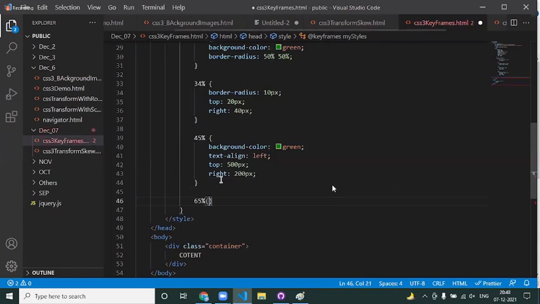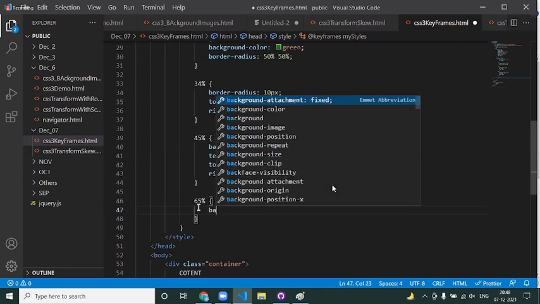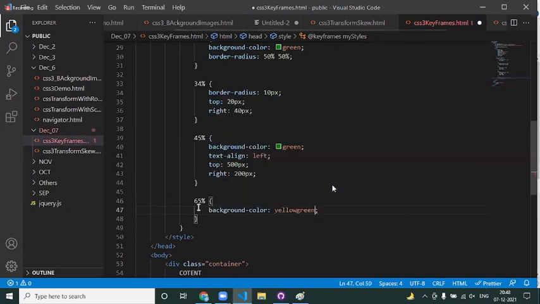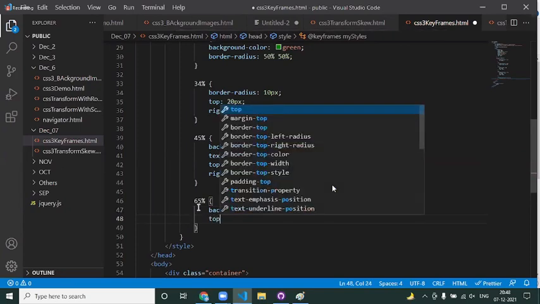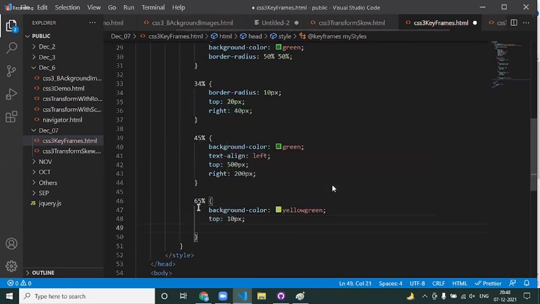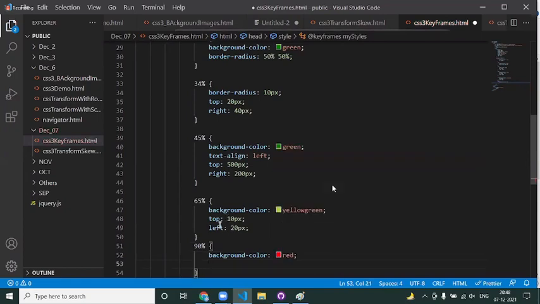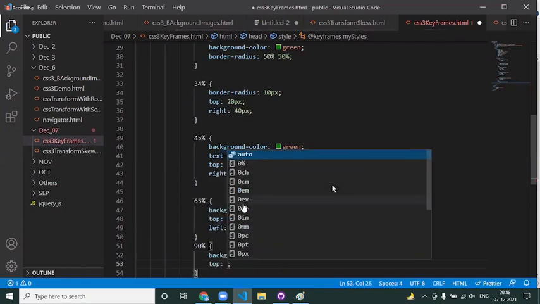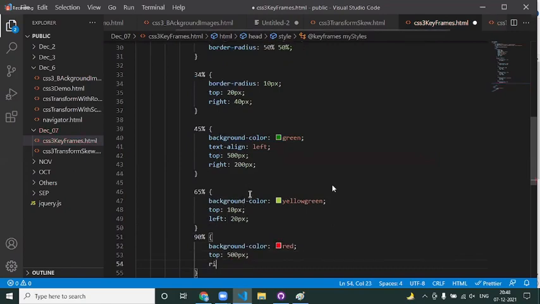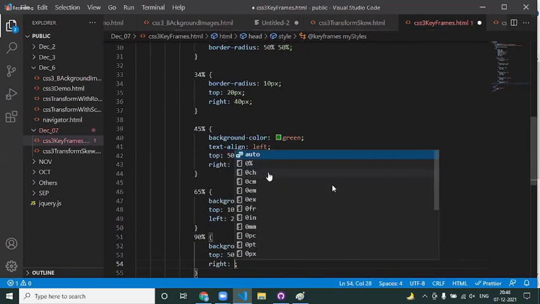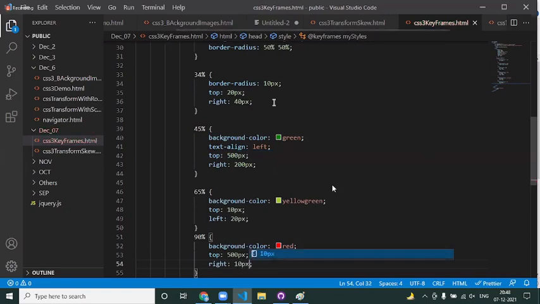Say some 65%. Like this, you define whatever percentages you want. 90%, some background color, say red.